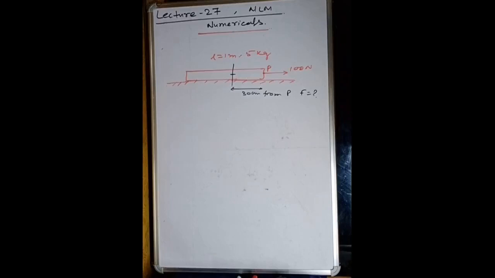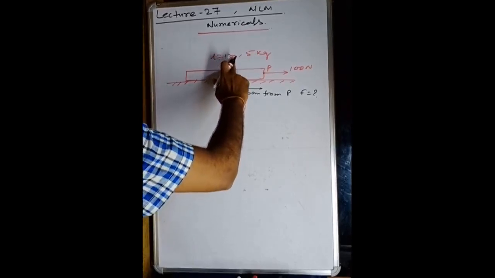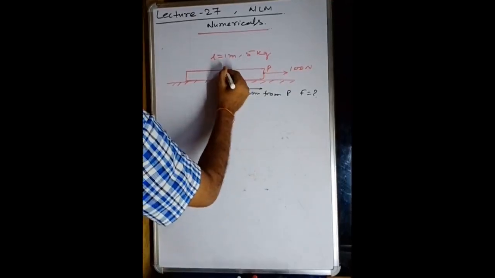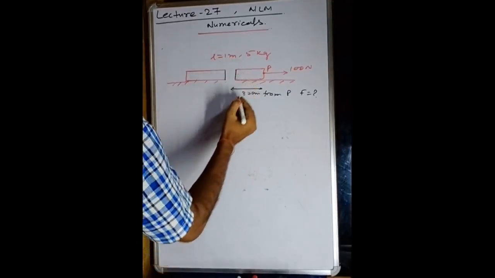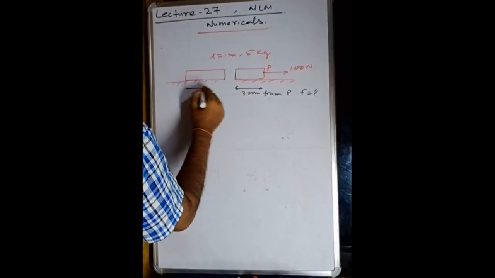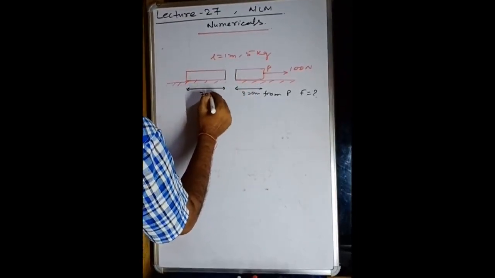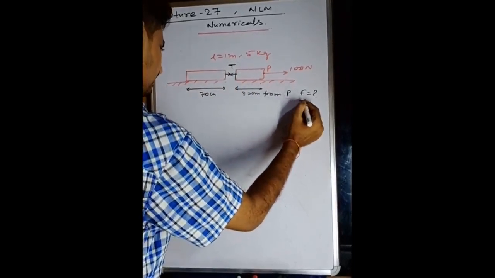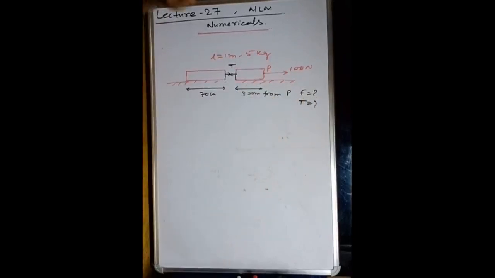How will we solve such type of question? If you get such a question, cut the body from where you are asked to find the force. So we have cut this body into two segments. This is the 30 centimeter segment and this is the 70 centimeter segment, connected with a massless string. Suppose the tension is T. Actually you have to find this tension T. Force is nothing but the tension.